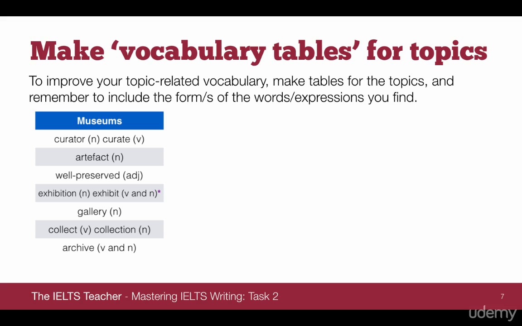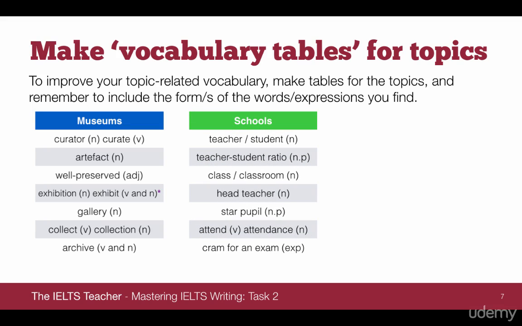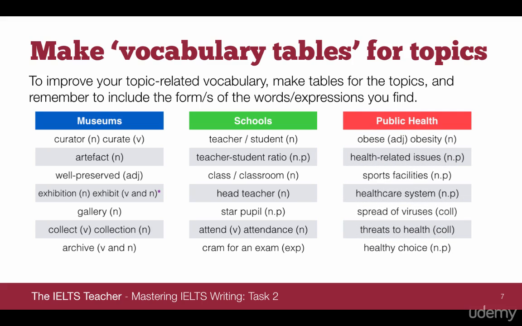Notice that I'm writing down all the word formations here as well, verb and noun. If we have schools, we have teacher, student, teacher-student ratio, nice noun phrase there, class, classroom, head teacher, star pupil, attend, attendance, to cram for an exam. Public health, obese, obesity, health-related issues, sports facilities, healthcare system, spread of viruses, notice collocations here being used as well, threats to health,